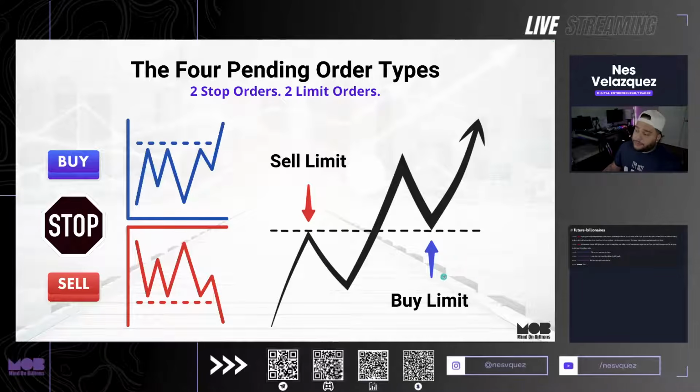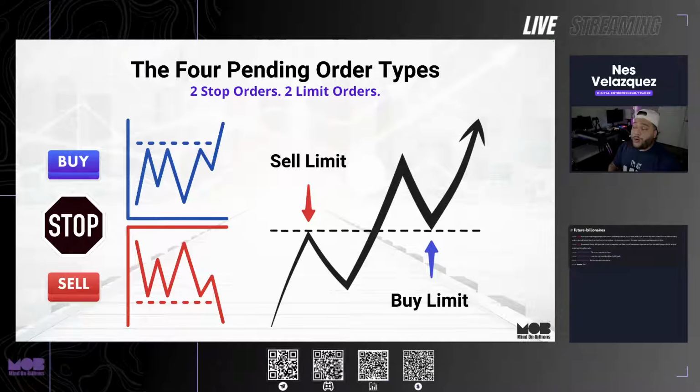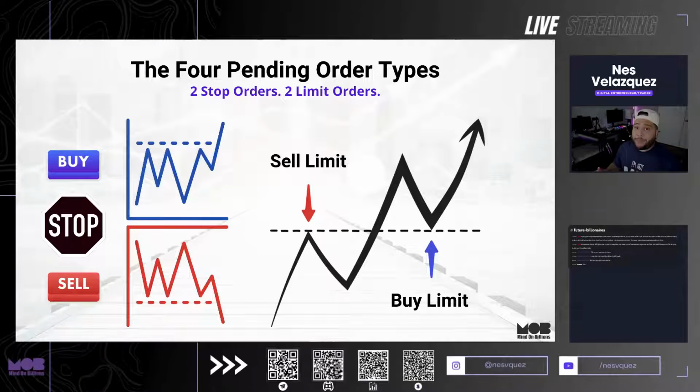On buy limit, similar thing. We place the buy below where the market is at because we are anticipating that the market is probably going to jump down, hit a level, and then bounce up. So we want to catch that bounce. The bottom line is when it comes to buys and sells, we want to buy at the lowest possible point. We want to sell at the highest possible point. That's the name of the game. Buy low, sell high, just like real estate.